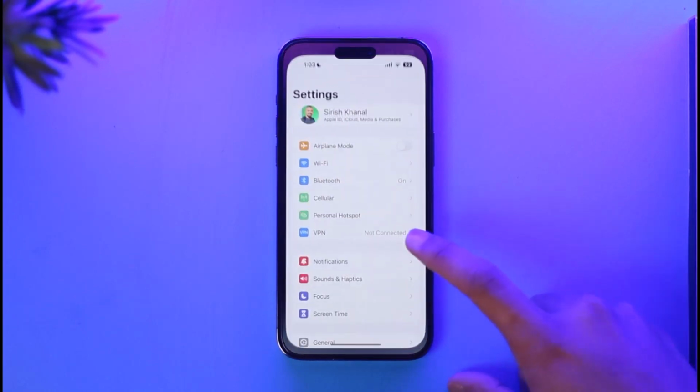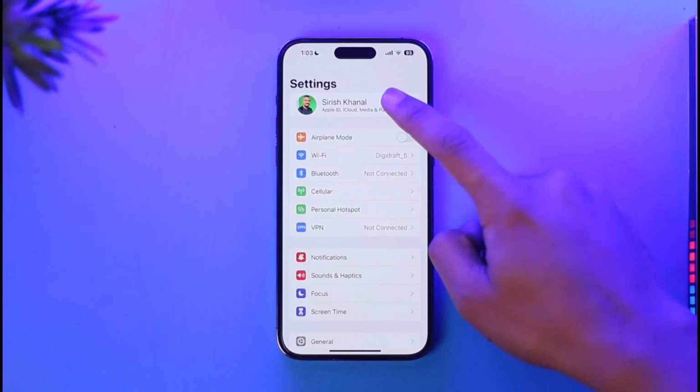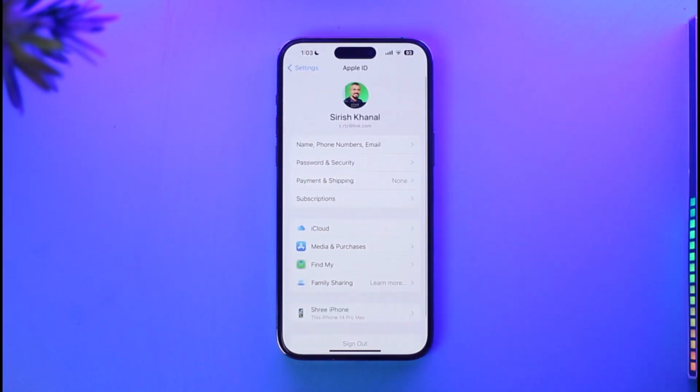the settings app here. Once you open the settings app, you want to make sure to tap your Apple ID profile from the very top of the screen, so just tap on it. Once you tap the Apple ID profile from the very top, here you'll find an option where it says subscriptions. So all you need to do is make sure to just tap the subscriptions button here, and once you tap